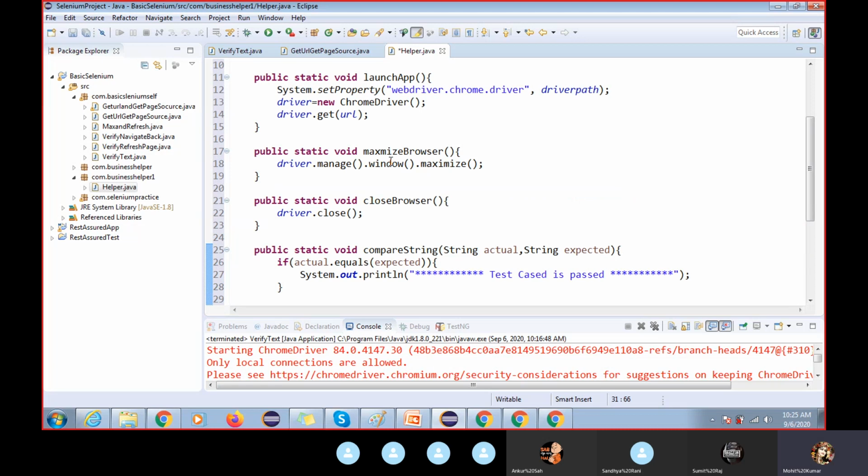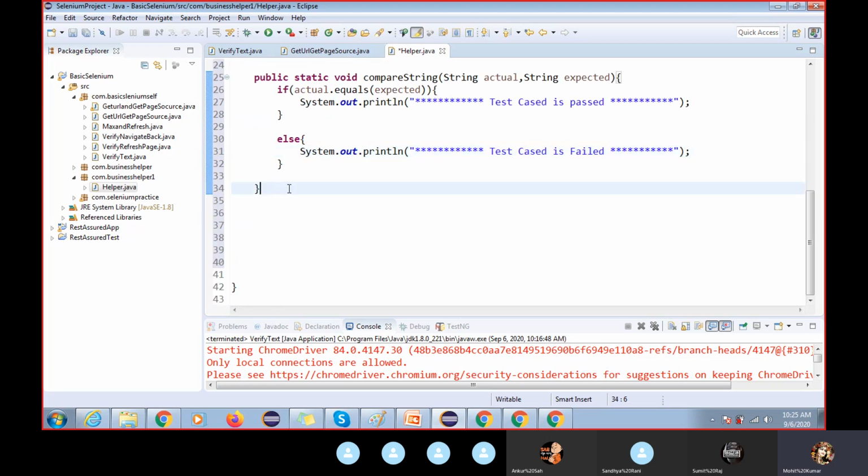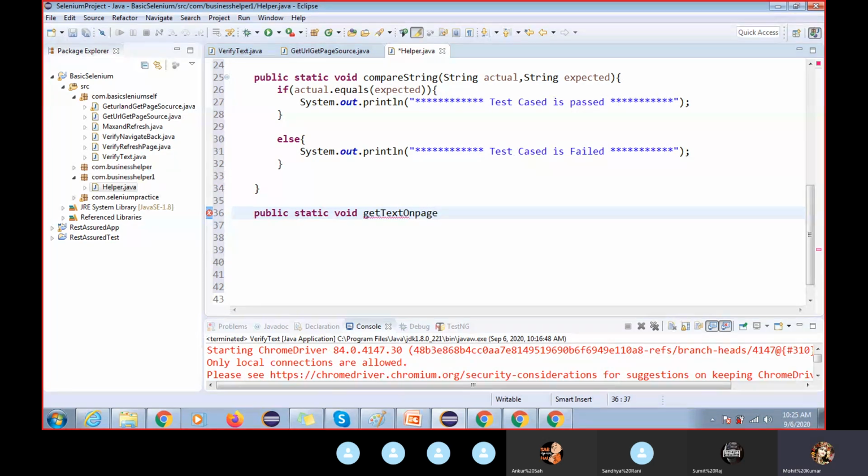So all these things we have created here. For get a string, I have some doubt. Let me check this. If it works, that is fine. If it does not work, I'll tell you later. Let me try to create this method, void get text on web page.